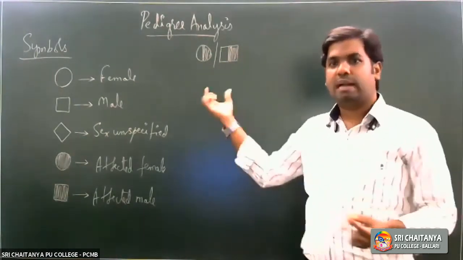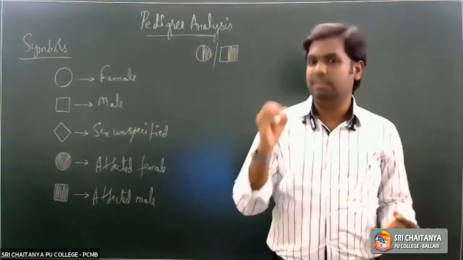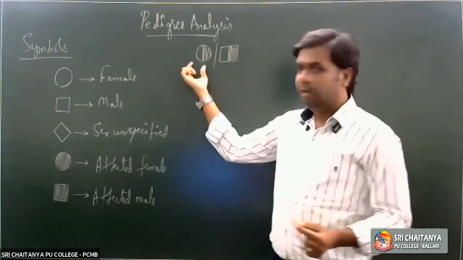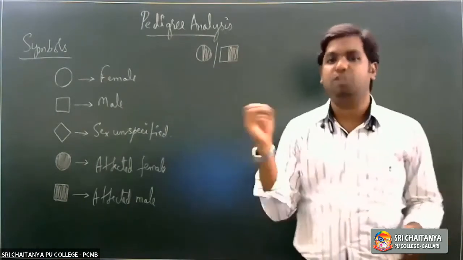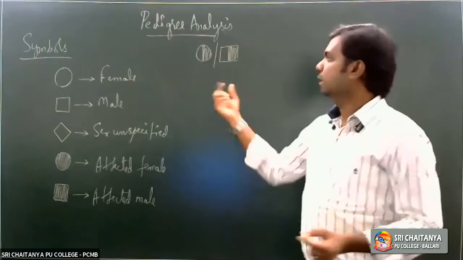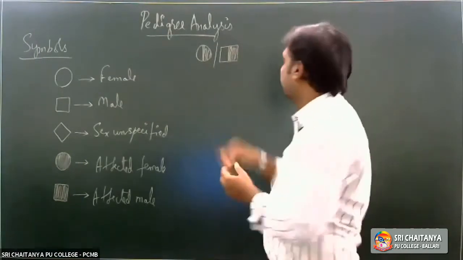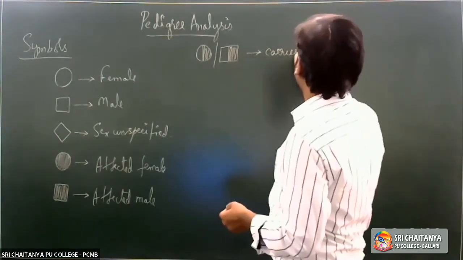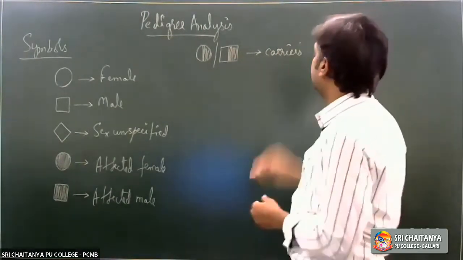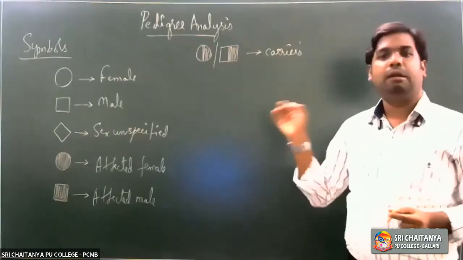So this would actually start indicating a heterozygous condition. Wherever you find a symbol with either a circle or a square which is half solid or half shaded, that would be with regards to a heterozygote condition. So the heterozygotes here, we would start calling them carriers of a particular disease, right?